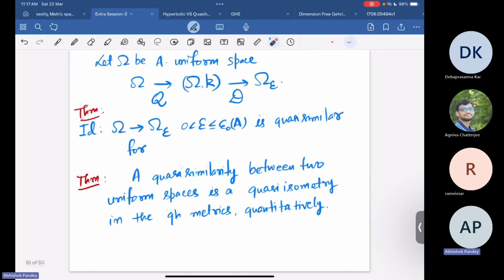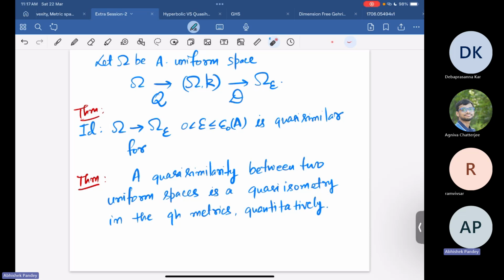The next result says that for a uniform space, once you quasi-hyperbolize it, this is always a Gromov hyperbolic space, again a result by BHK. And then since this is Gromov hyperbolic, we apply the association D, so it becomes Omega_epsilon. Now this identity map is basically a quasi-similarity,